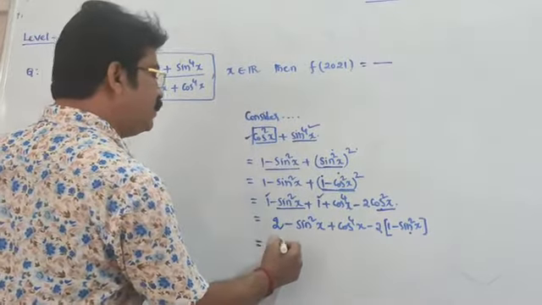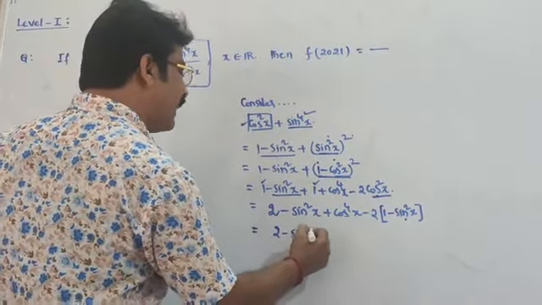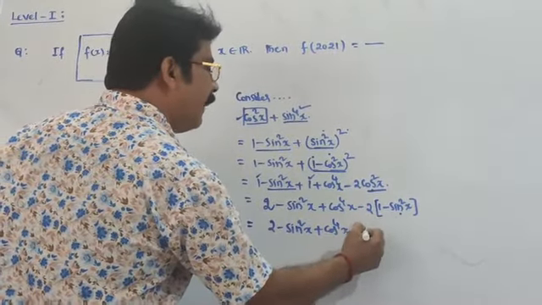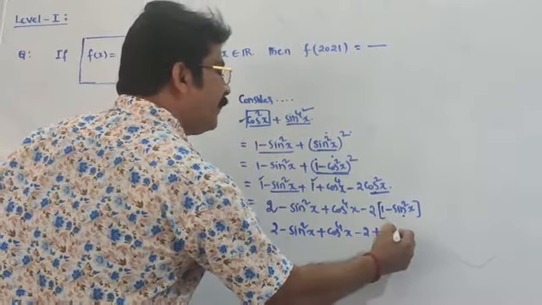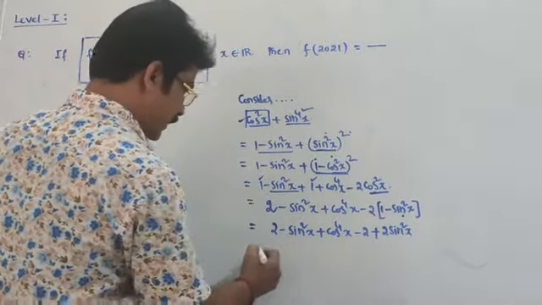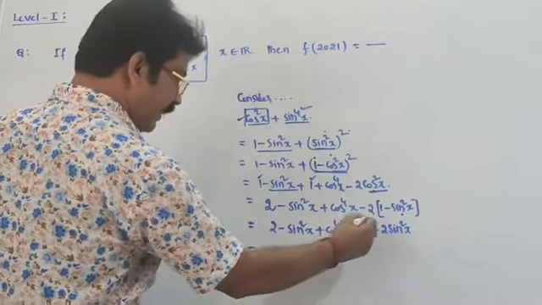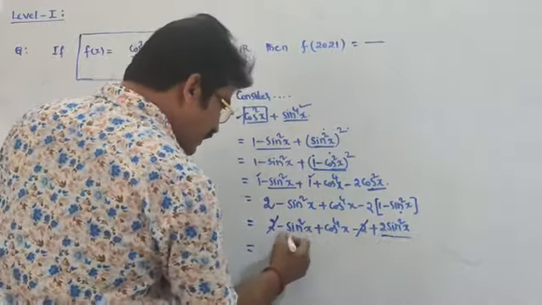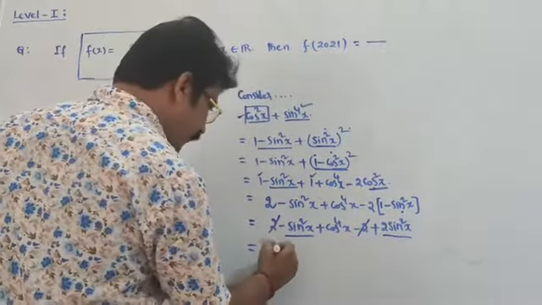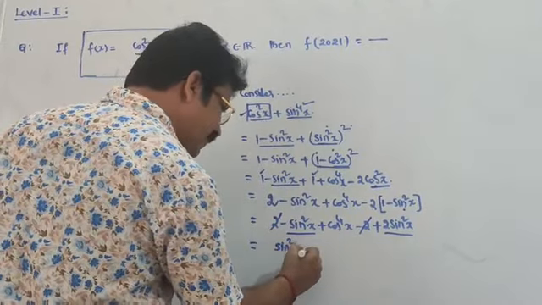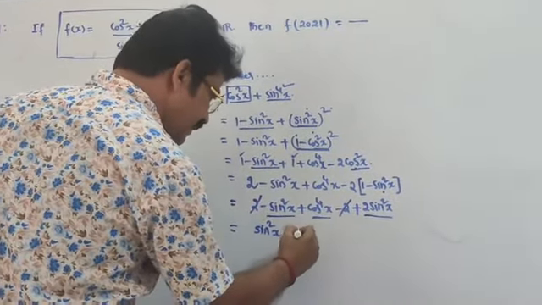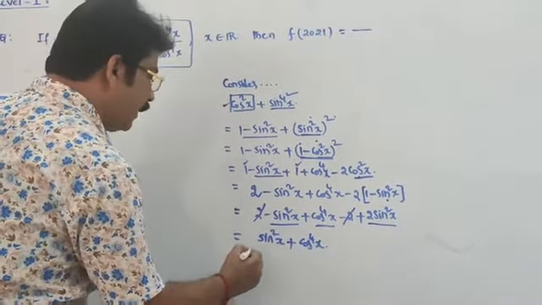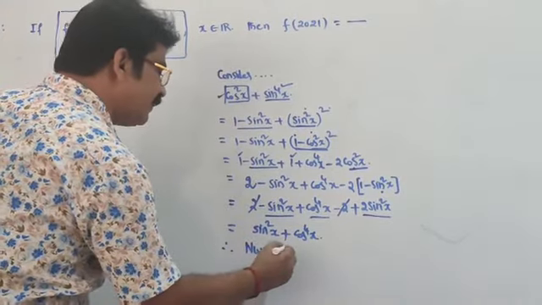So that is equal to 2 minus sin square x plus cos to the power of 4x minus 2, minus into minus plus 2 sin square x. So that is equal to minus 2 plus 2 cancelled. Next, 2 sin square x minus 1 sin square x plus 1 sin square x, and the remaining term is cos to the power of 4x. Thus numerator is equal to